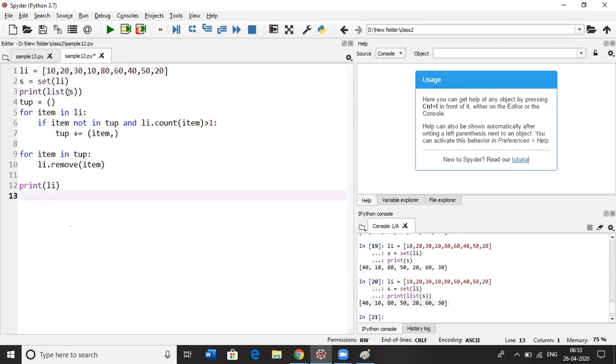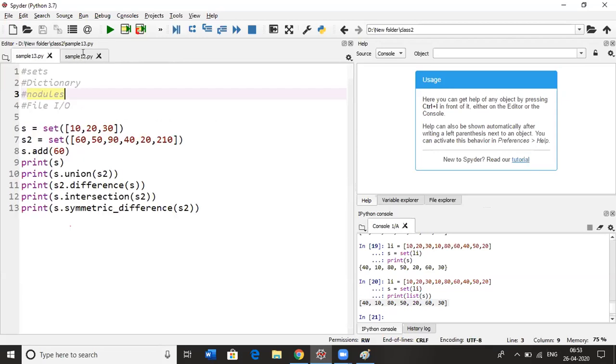Okay, do you understand this? What I got is that duplicate values are not allowed in a set. That's the only thing. And also the sequence is different, you can see here. This is a different sequence and this is a different sequence. Order is also not featured in the set. Correct?